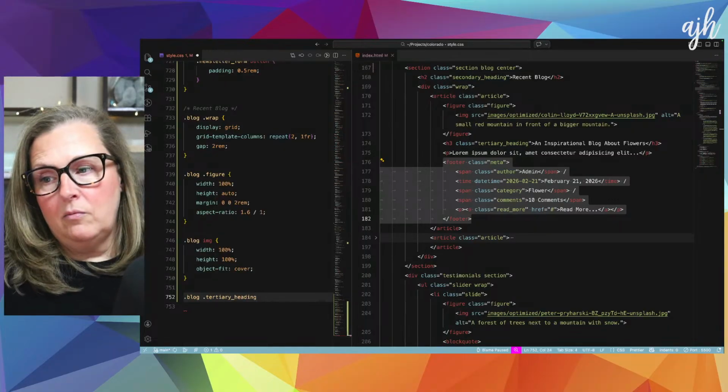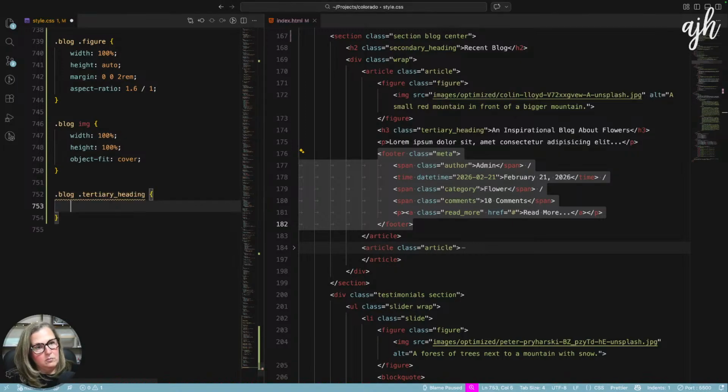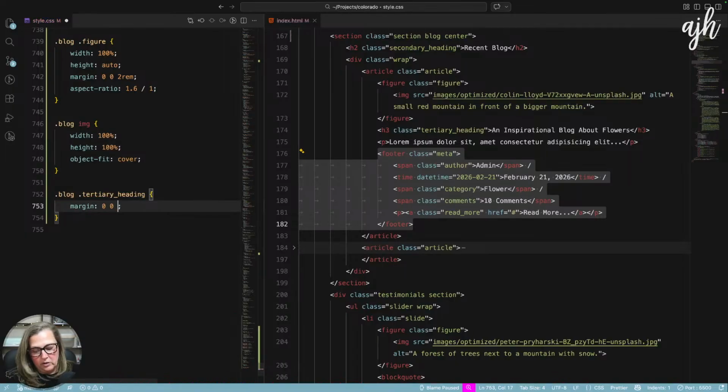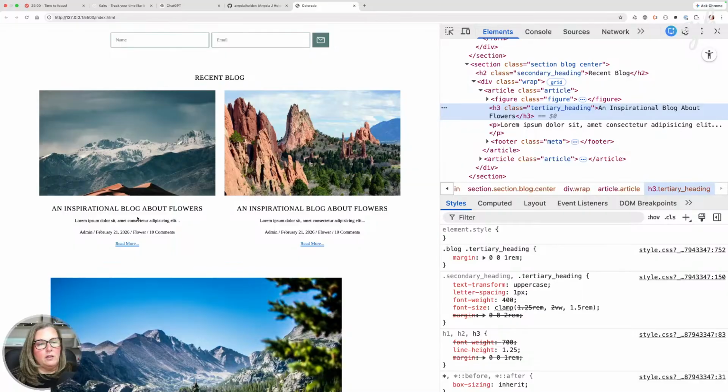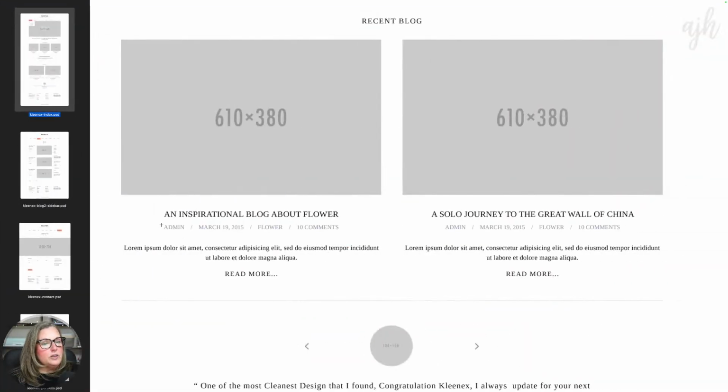Tertiary heading. I'm going to say 0, 0, 1 rem. Yeah, that looks a little better. Not going to change that it's uppercase.